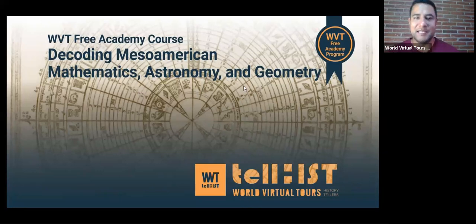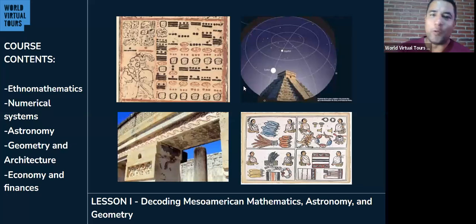So let's begin, guys. This is the content that we will have in the course. We will start by speaking about ethnomathematics, a cross between anthropology and mathematics. It is how people study how the ancient mathematics were. So we're not going to focus on learning perfectly the mathematical systems of these ancient civilizations, but we will understand how they taught, and also we will try to understand the systems and how they became important and how they used these systems